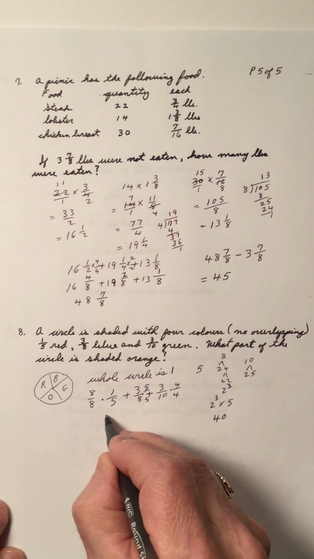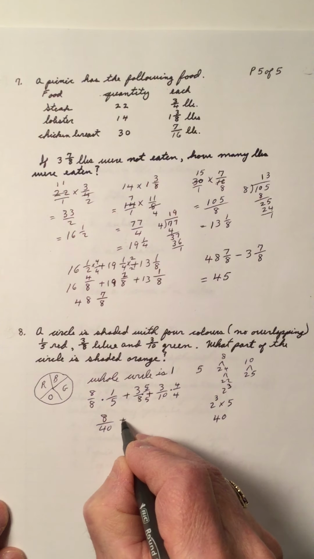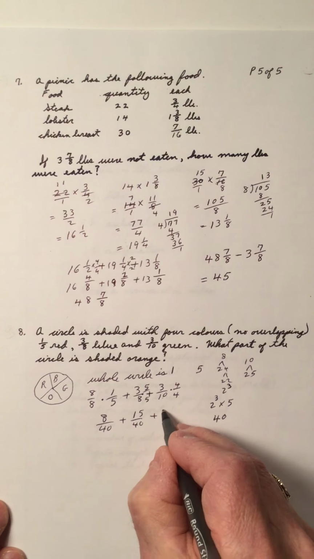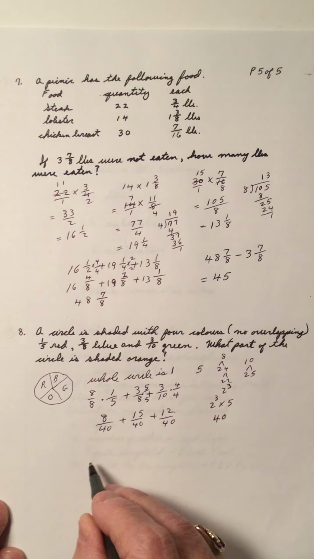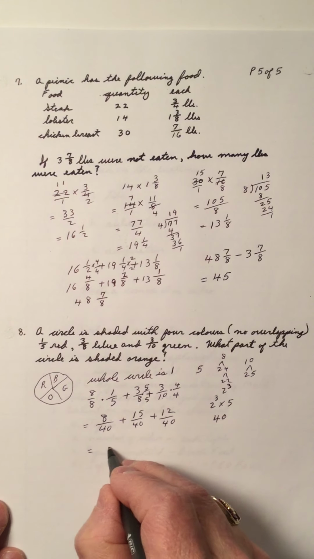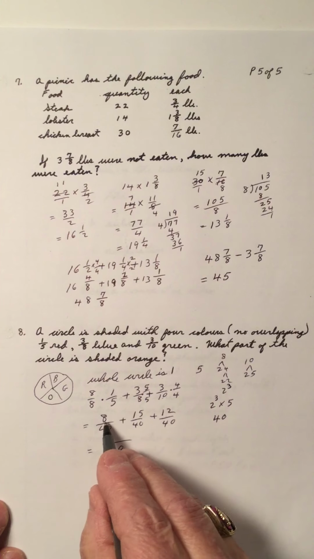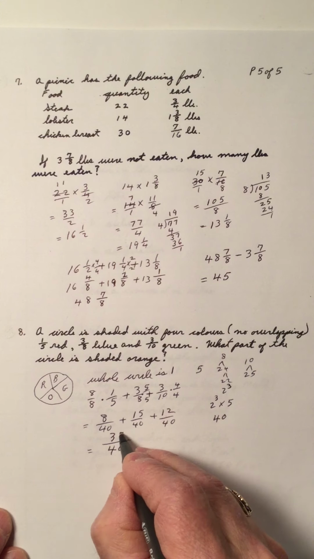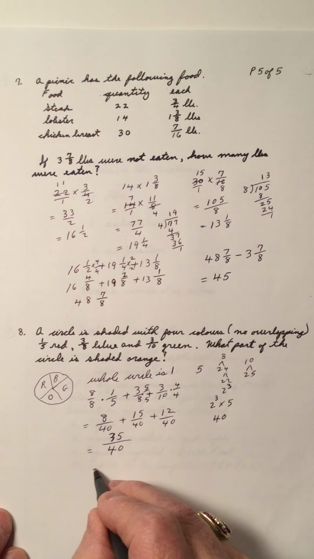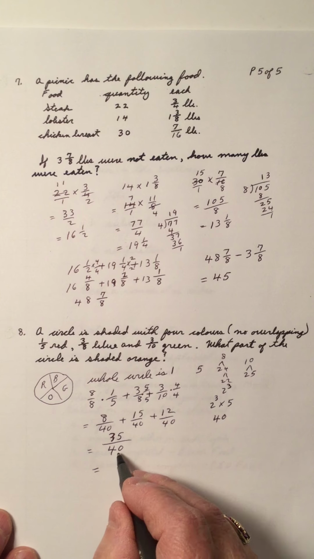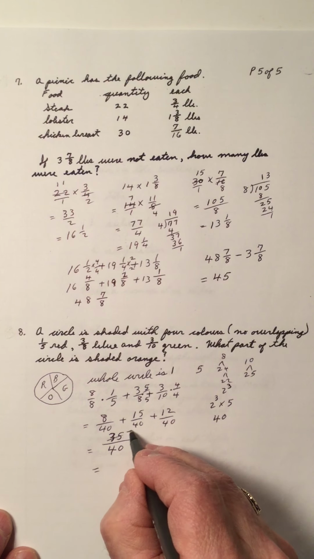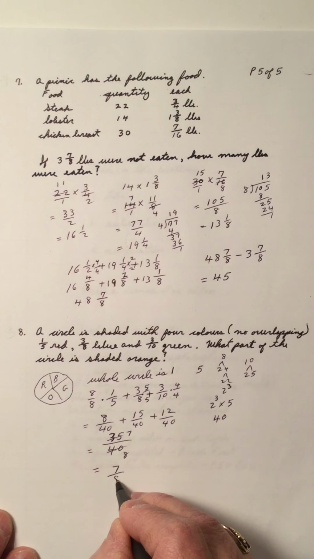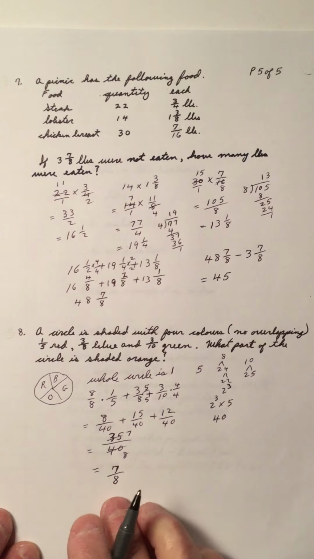So when you're finished, you have 8 over 40, 5 times 3 is 15 over 40, 3 times 4 is 12 over 40. And you have all the fractions over the same denominator, so keep the denominator. 8 plus 15 is 23, plus 12 is 35. You have 35 over 40, and 5 is common, so 5 reduces into 35 as 7, and 5 into 40 goes 8. So you have 7/8. So 7/8 is the total